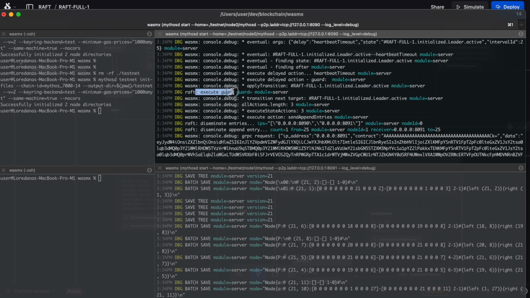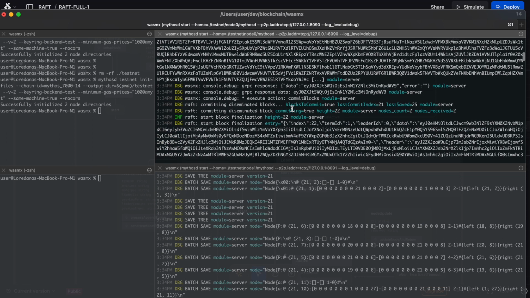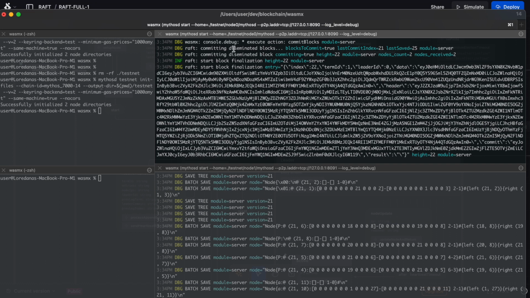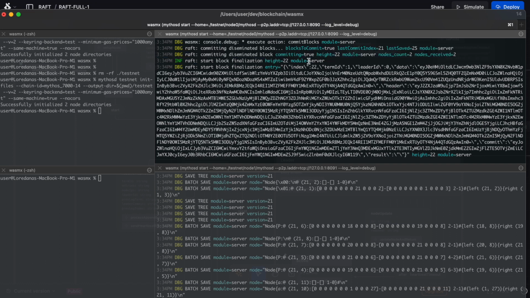It executes what guard we have there, which in this case there is no guard, and it executes the three actions that it finds as entry actions. It disseminates to the other nodes what blocks it has committed, and it does this by sending a gRPC request to each node. The next action is committing the already disseminated blocks that have been received by a majority of nodes,